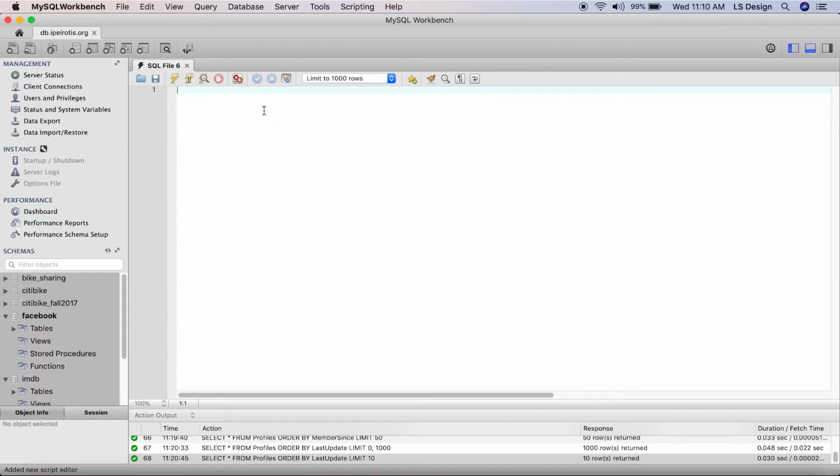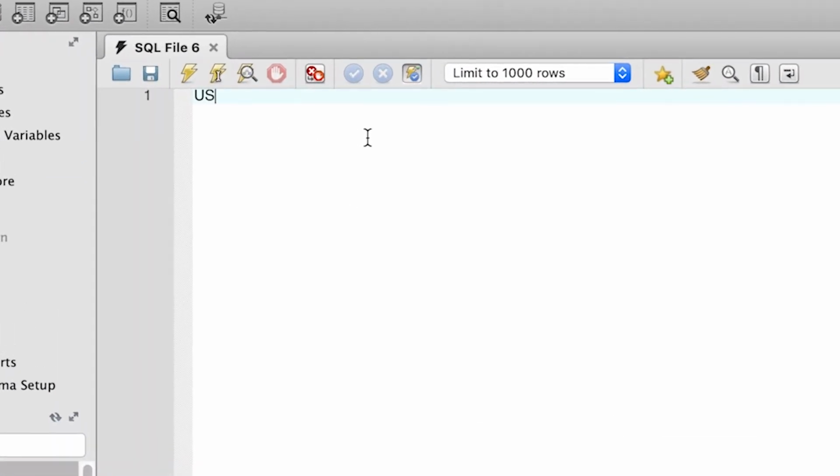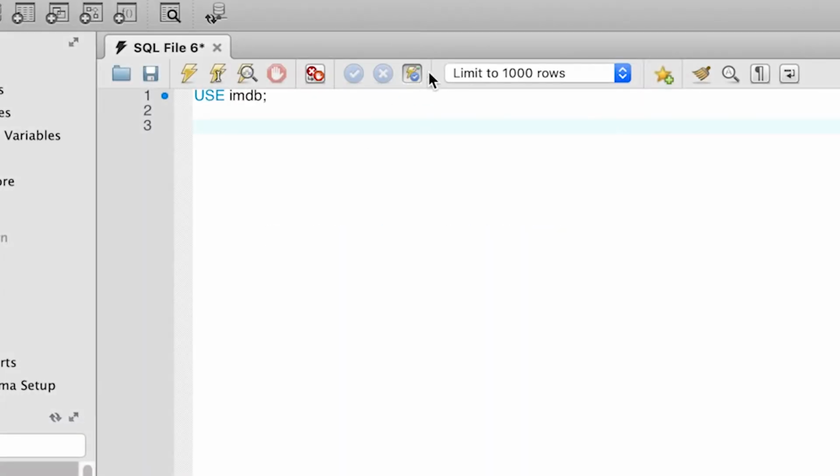Now, let's do a couple of examples. So let's go to the IMDb database first. So use IMDb, and we want to find a movie in the movies table with ID 64729. So how do we write this query using where? So we start with select star from movies, select star because we want all the attributes, and then from movies because we want to get information about the movie.